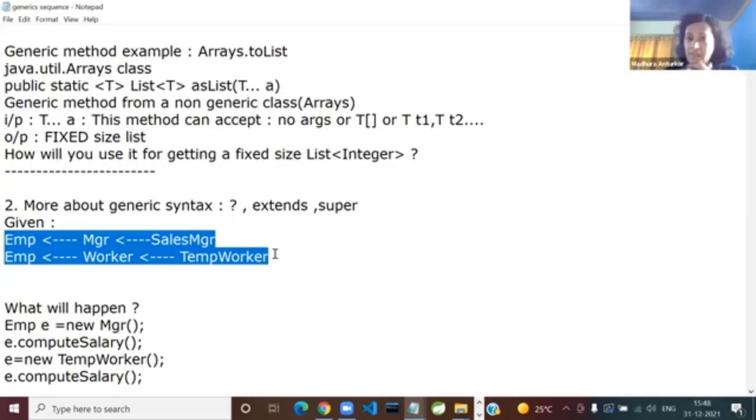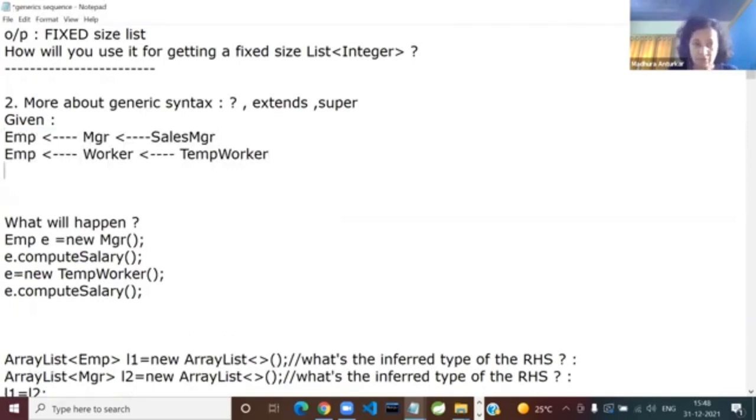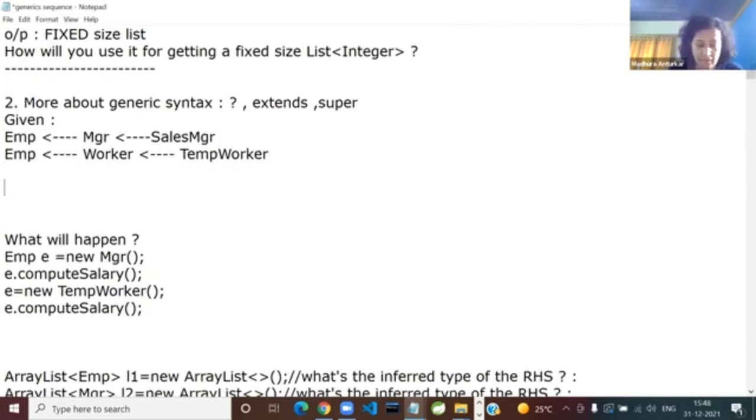Is this inheritance hierarchy clear? Simple example. This is, suppose, given. Everyone gets it, we have solved similar things. Now imagine that you have added one more given. Or I'll say it this way, the compute salary method